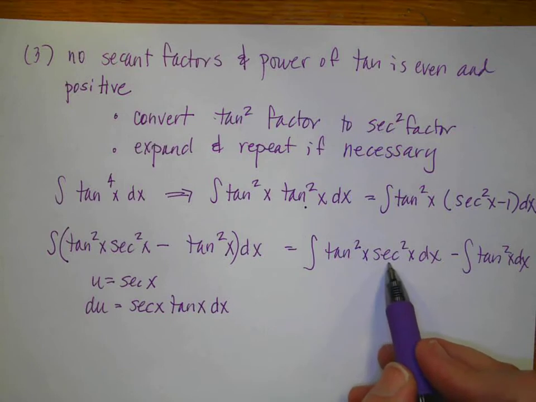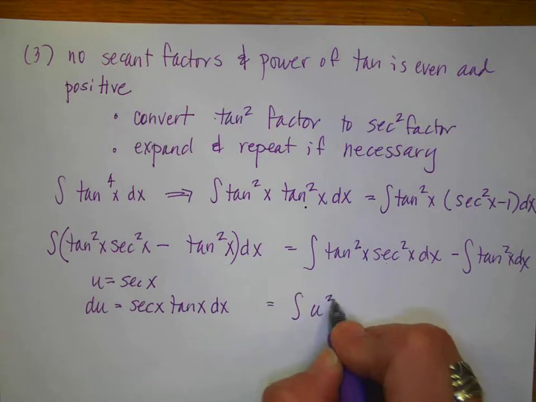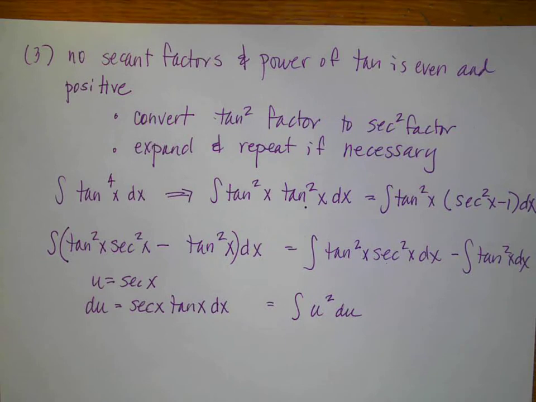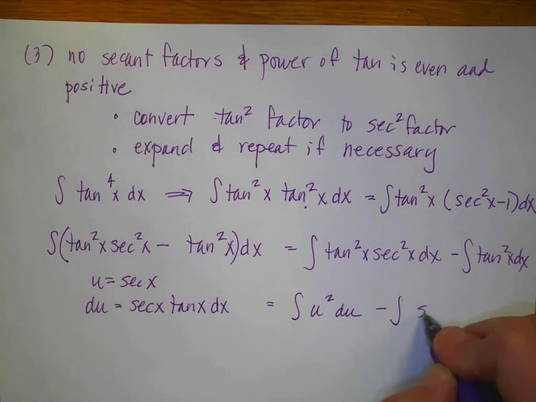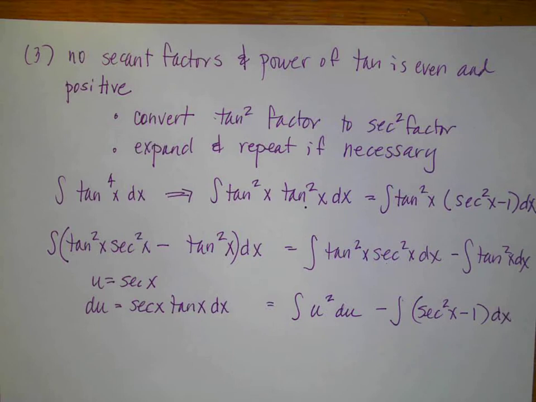So then if I do my u substitution, this is going to be u squared du, okay? And then I'm going to have minus, and tangent squared is the integral of secant squared x minus 1 dx, okay? So this is u to the third over 3 minus, and then